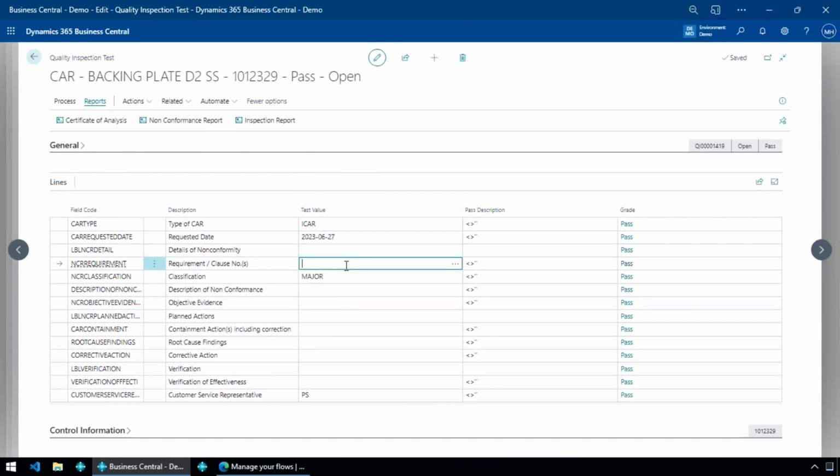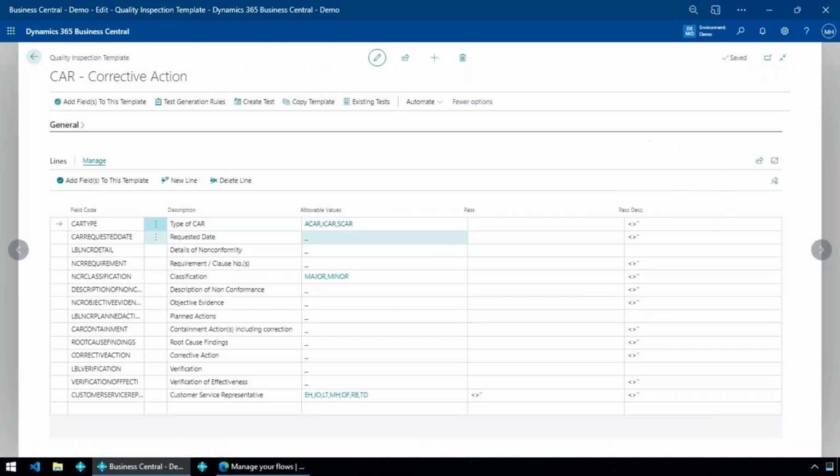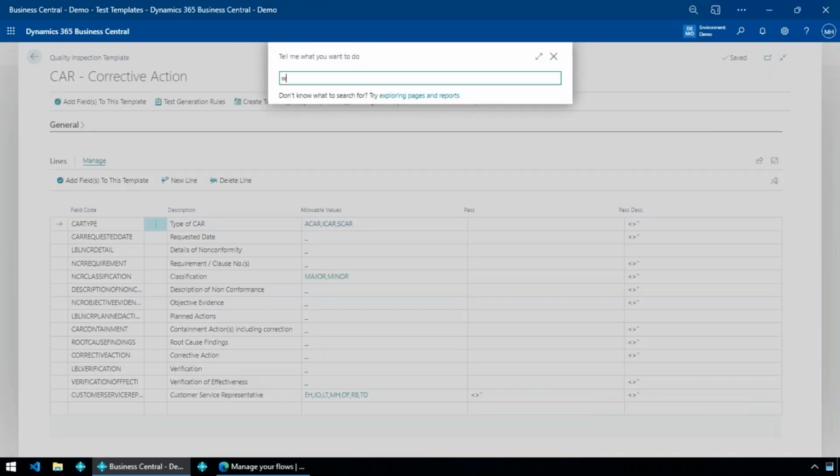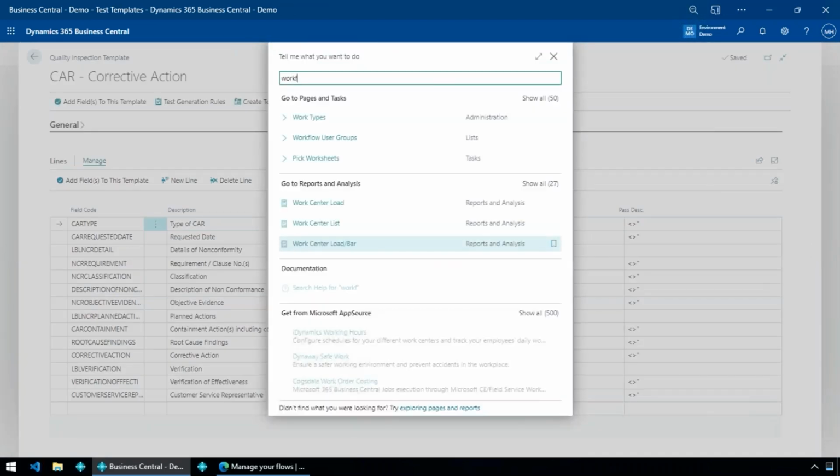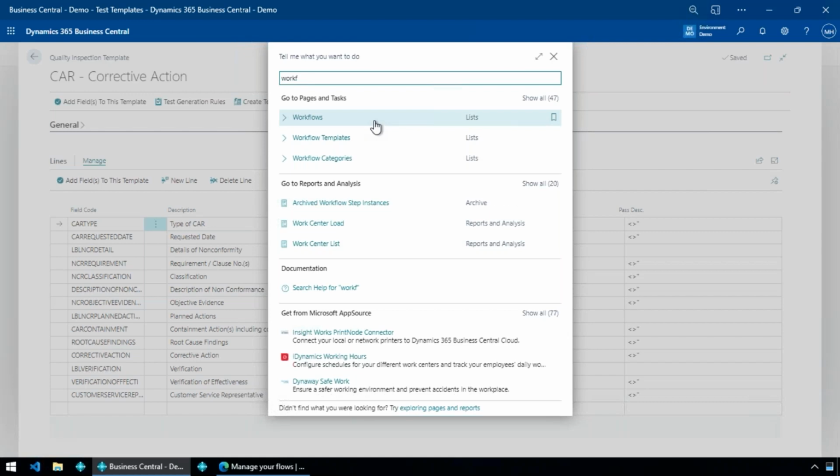Now, let's say I do have this corrective action form, just for fun. What I'm going to do is, well, actually, you know what? I mentioned we can create this test if something else fails. So let's talk a little bit about how we might do that. What I'm going to do is go into the Business Central workflows, and because I have in the settings the